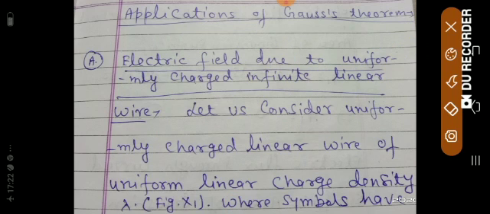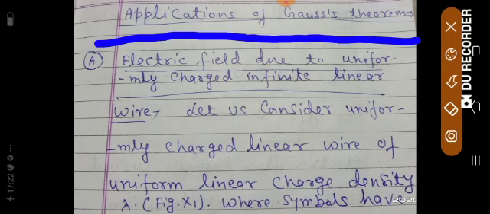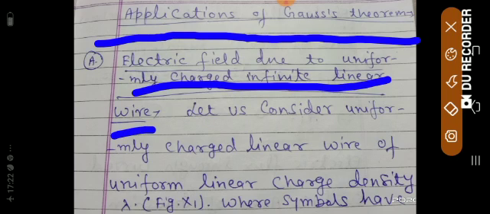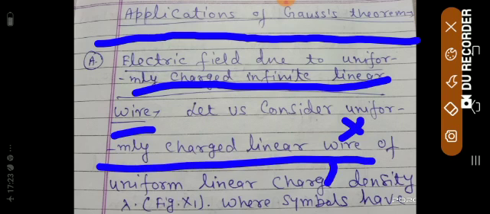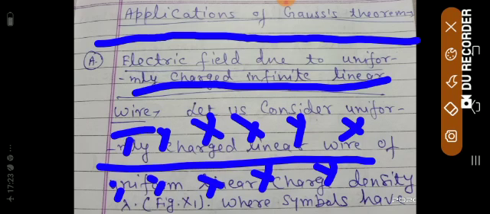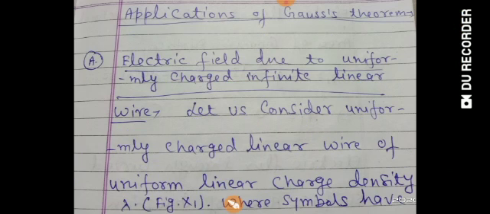So this is your first application: electric field due to a uniformly charged infinite linear wire. What is an infinitely charged linear wire? I am going to explain. This is a one-dimensional figure like this, and charge would be uniformly distributed. I have discussed earlier in the video that there are three types of charge distribution. This is the linear charge density I will use here. So this is infinite, here is infinite, and here is infinite. It is not possible to make an infinite diagram within the finite dimension of this video, so come to the original video. I am going to read it.